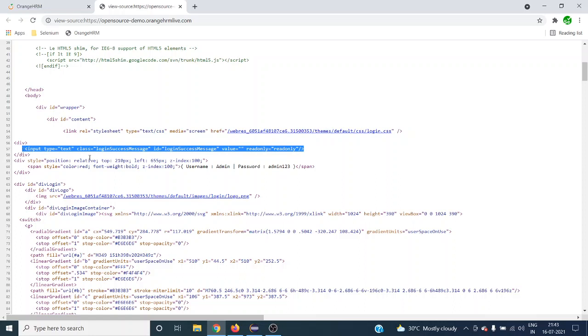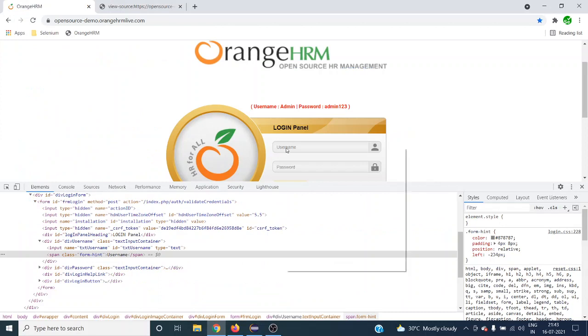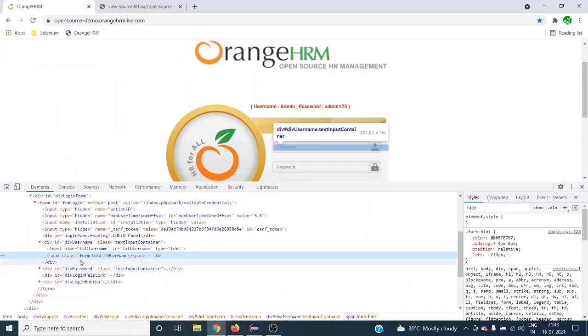So this is the web element. It has multiple attributes and values, and it has a tag name as well. Today we are going to talk about the name attribute. Using Selenium WebDriver, how can we find this particular web element using the name attribute? How can we find it?